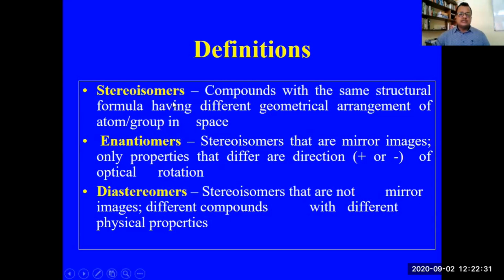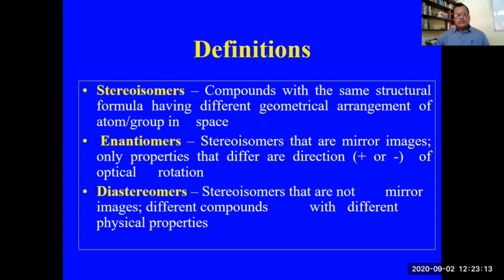Then what are enantiomers? Stereoisomers can be broadly classified as enantiomers and diastereoisomers. Enantiomers are stereoisomers which are mirror images of each other, and these enantiomers possess non-superimposable mirror images. A pair of enantiomers will have all the same physical properties, but they differ in their ability to rotate plane polarized light. They are generally prefixed as plus and minus. Plus means it rotates plane polarized light to the right, and minus means it rotates plane polarized light to the left when passed through their solution.